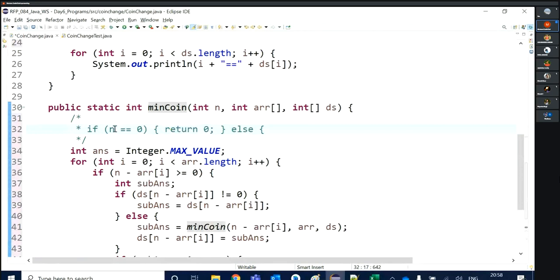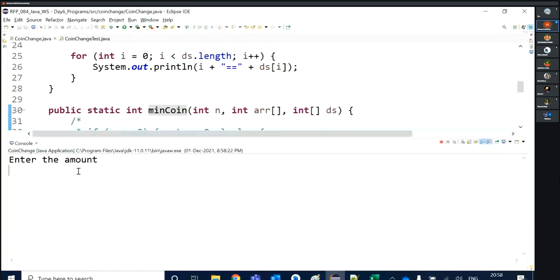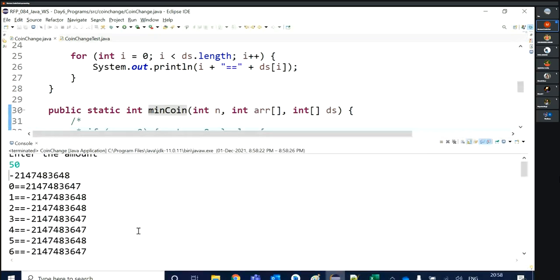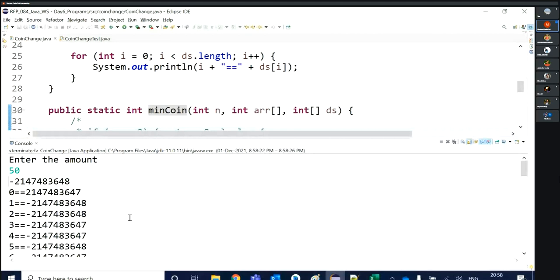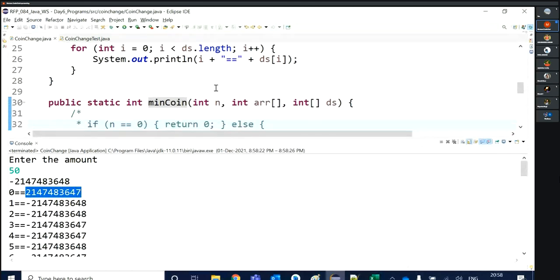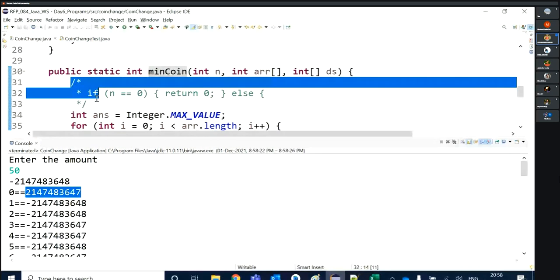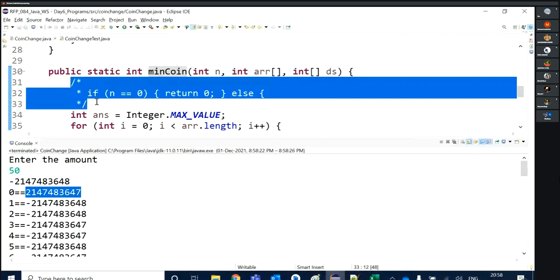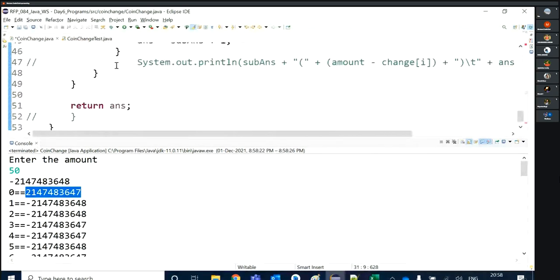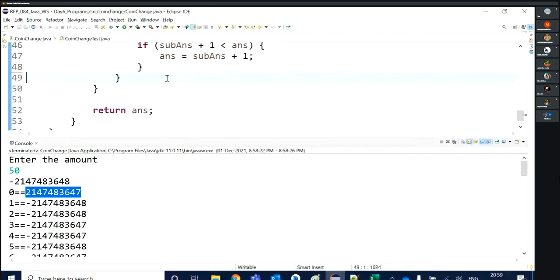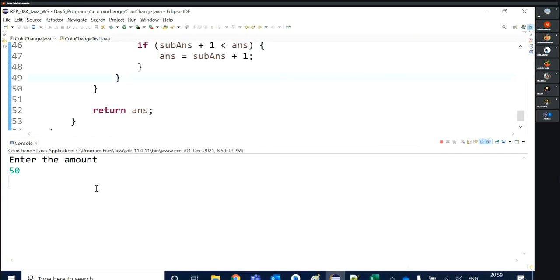So let's do one thing here. Let's check for the 50 again. 0 equal to 0. For the 50, that condition is required.